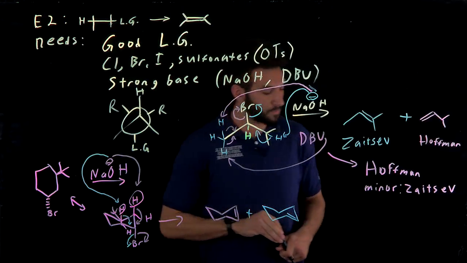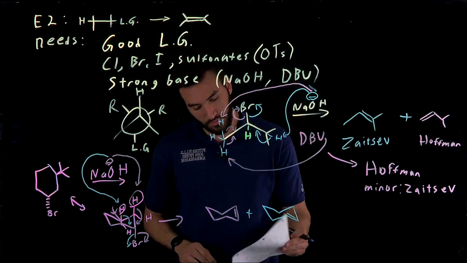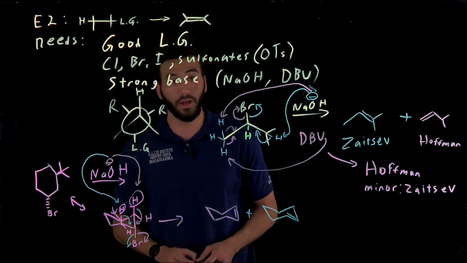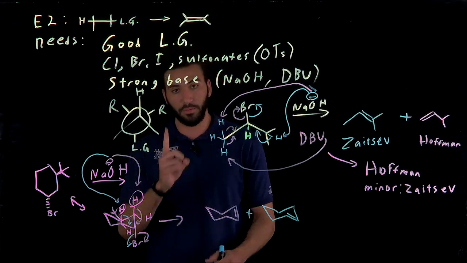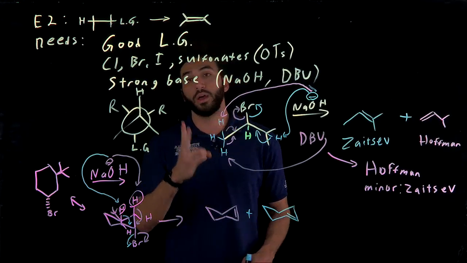So that's basically that for E2. So keep in mind, E2, you need an anti-periplanar arrangement, you need a good leaving group, and a strong base,